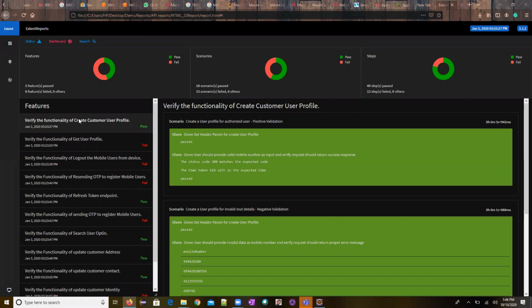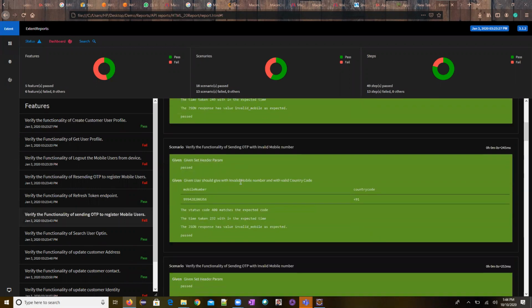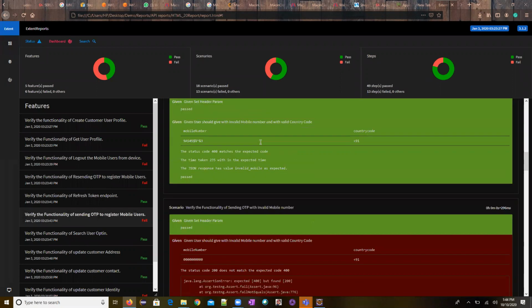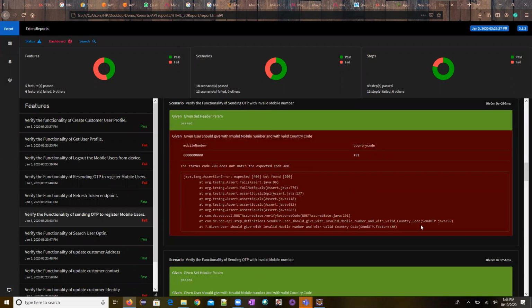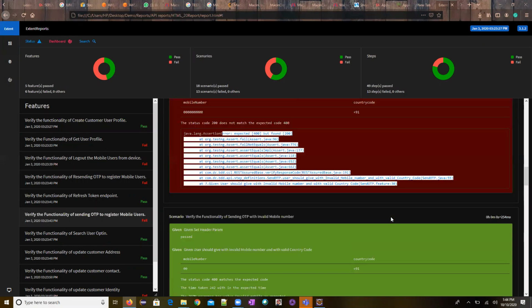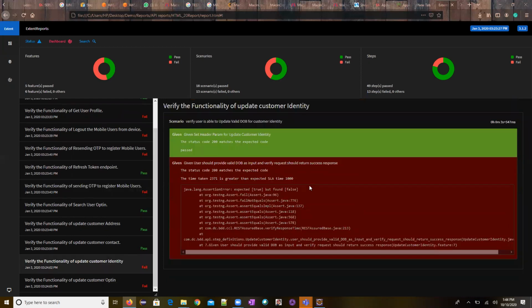Now for this particular feature file, these are the scenarios. Whatever is in the green color, everything is passed. So these are the validations which have been done. And if you see here, for this particular feature file, these scenarios have passed and this scenario has failed. And why has it failed? Because of this exception, it has failed here, and we can see that. So this will give you clear-cut information, and this is one type of format we'll be getting.